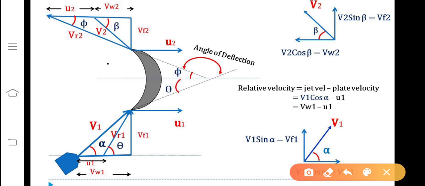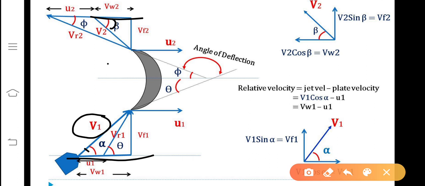Theta, angle, I have already explained. Now we will come to alpha. Alpha is the angle made by the absolute velocity V1 with respect to horizontal. The corresponding angle at outlet will be beta with respect to horizontal. Clear? Now, VR1